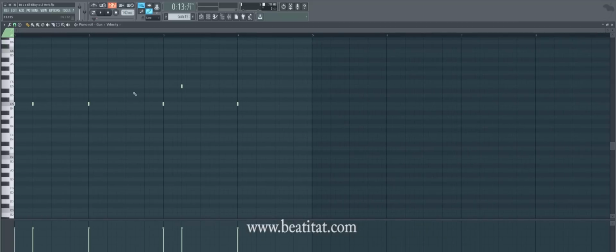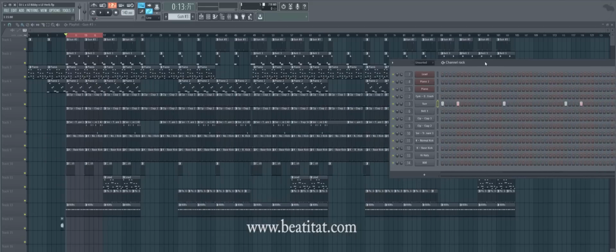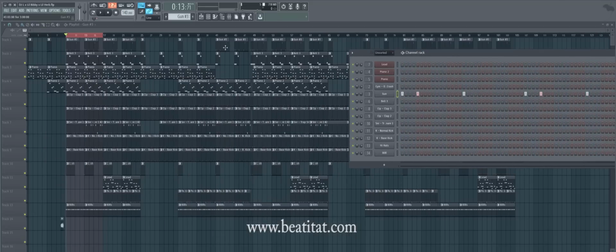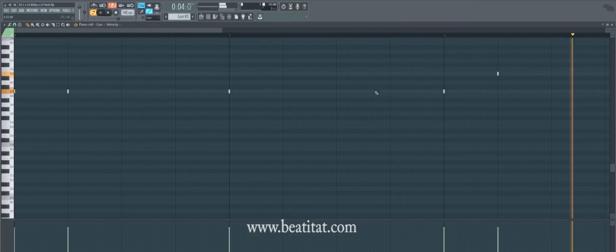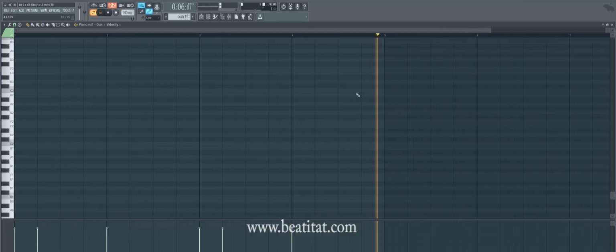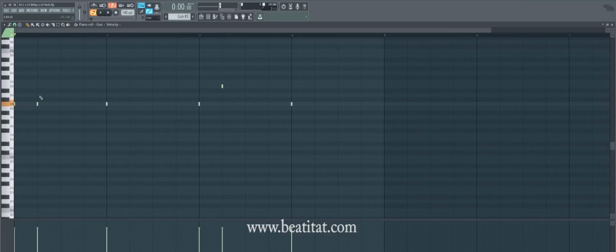Now, here's the gun. Here's another gun pattern. Now, this gun pattern is used the rest of the beat. And you can see, oops, didn't mean to do that, but pretty much we did some panning, and then on this one we raised it up to E5. So if we were going to go to note pan,